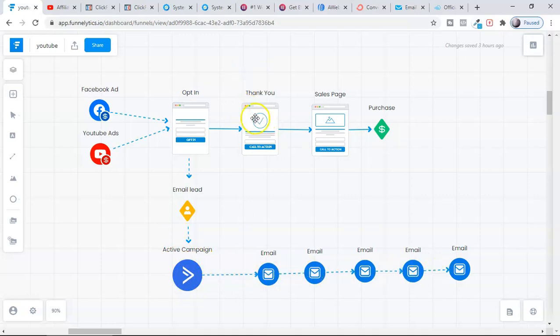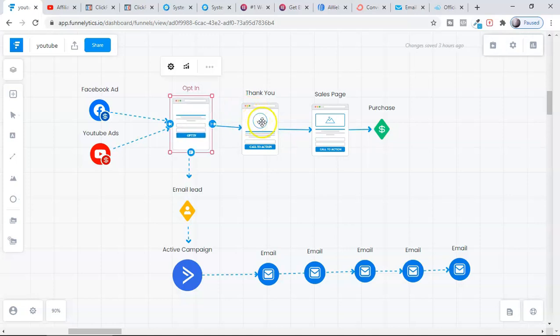Or sometimes you simply create a landing page. You don't use any other thank you page or sales page, and you redirect the traffic to a sales page. Or if you're an advanced marketer, then you might be creating a one-time offer here, or giving an upsell to your target audience. Whatever you do, you need affiliate marketing tools.